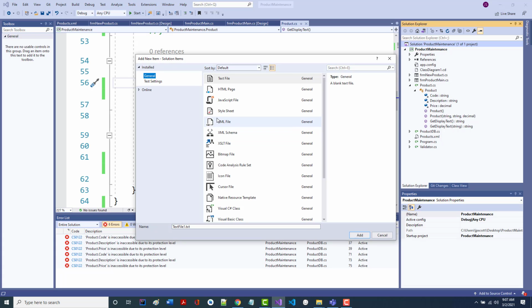If we wanted to create our own XML file, we could do that. A schema is just how the XML is laid out, and the XSLT is how it's translated, for lack of better words. That's an image file. There's that code analysis thing that we just looked at.